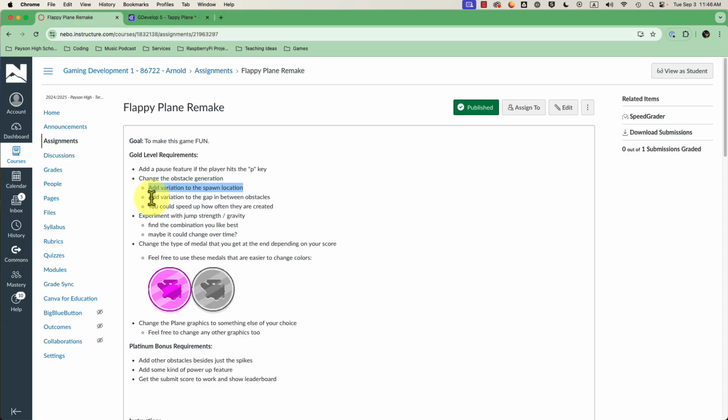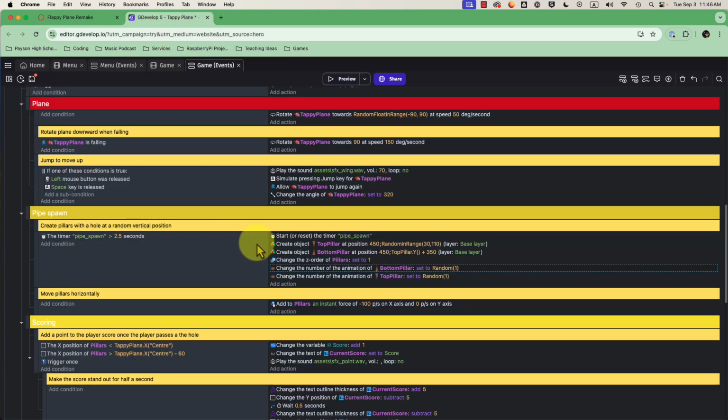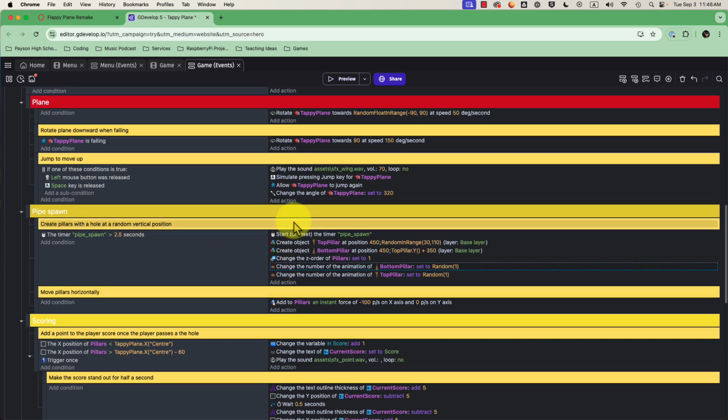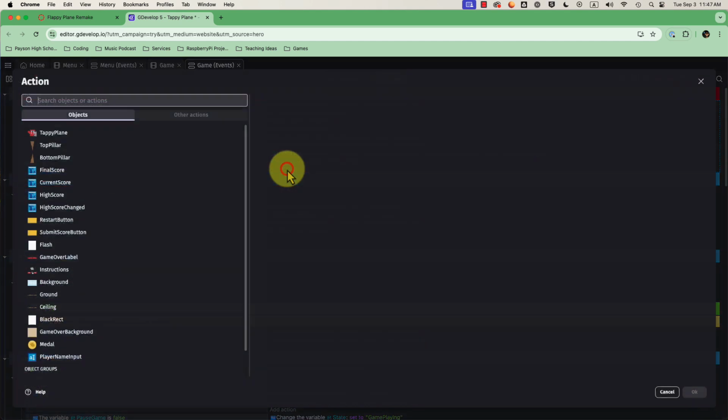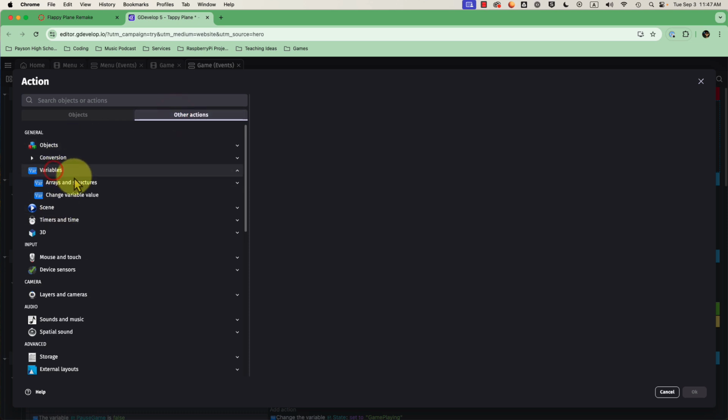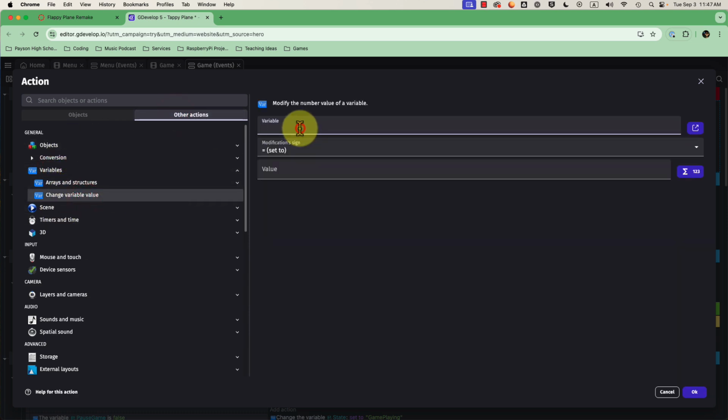let's just close this, add variation to the spawn location and the gap between the obstacles. Alright, so we don't want them always at the same place and always at the same time. So instead of it always being 2.5 seconds, let's make a new variable that we can change this. Okay, so I'm going to go here. Well, let's add the variable up here. So add action, other actions, variables, change variable value. So let's have a variable called